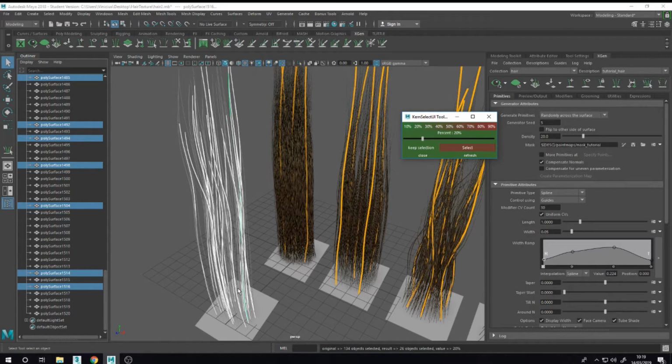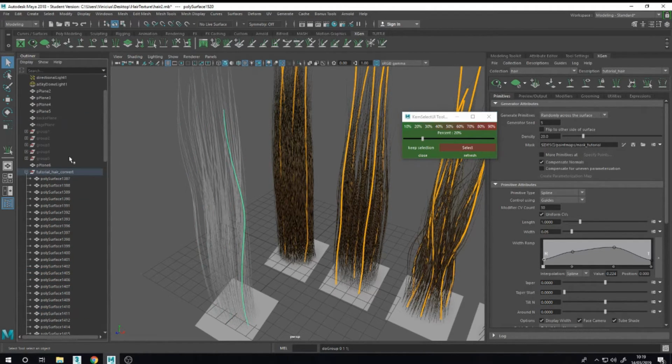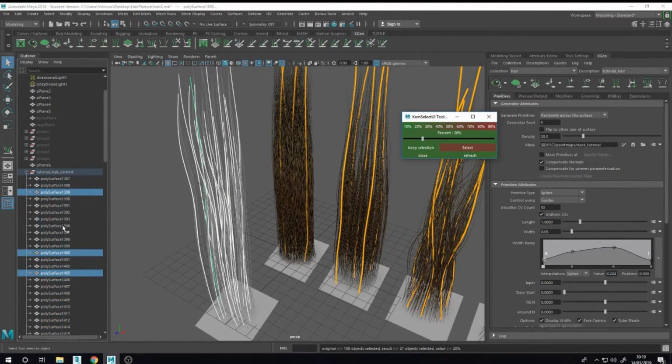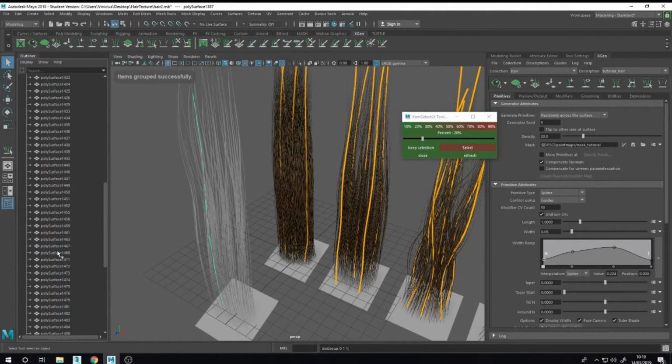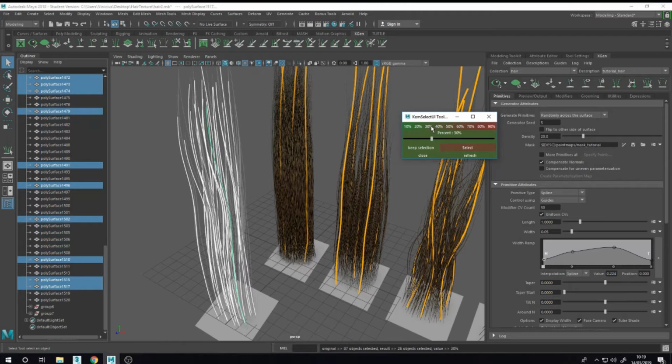You select all at one time. Press Ctrl G to create a new group. Do it again. And Ctrl G. Now it's the third input, 30%.